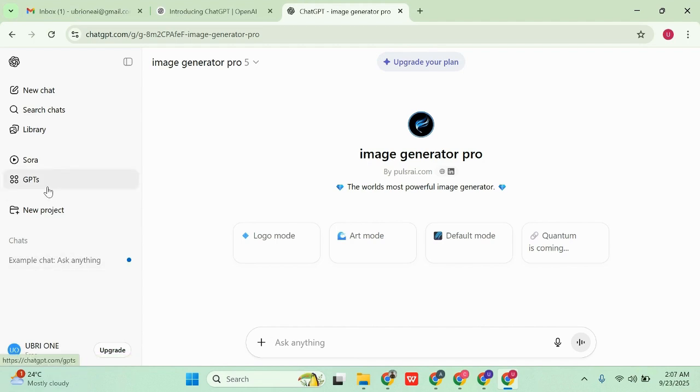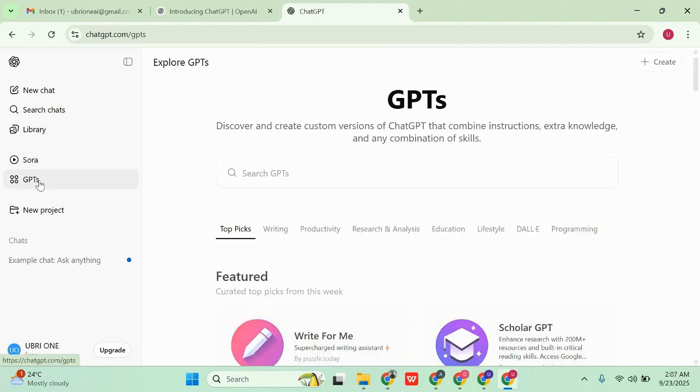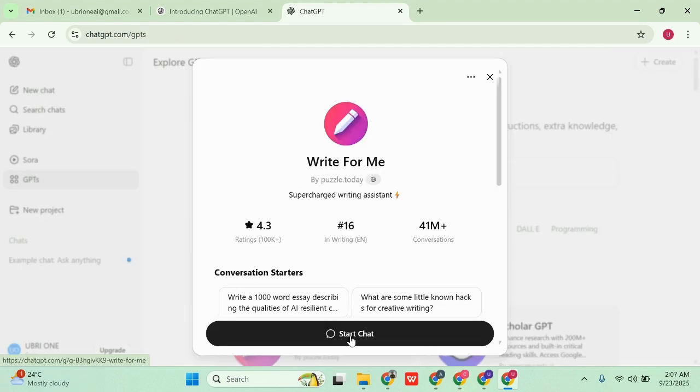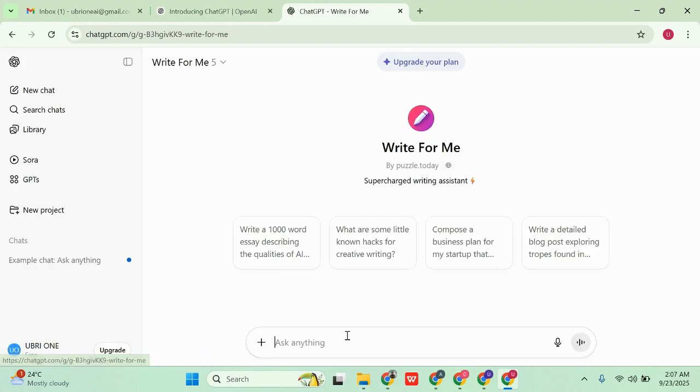So let's go back to Write for Me. Go back here. This is what we are going to use. We are going to send a prompt, and with the prompt here, you can write any article you want to. So that's how to set up your